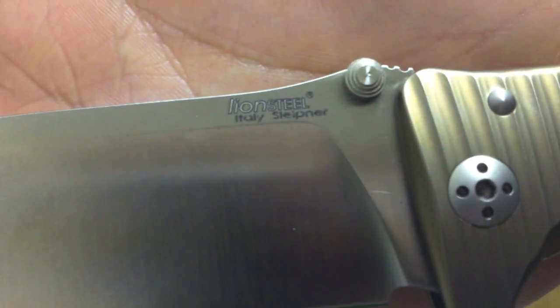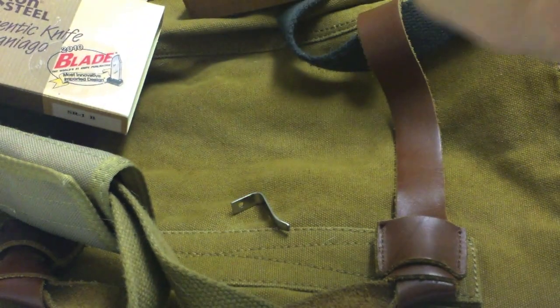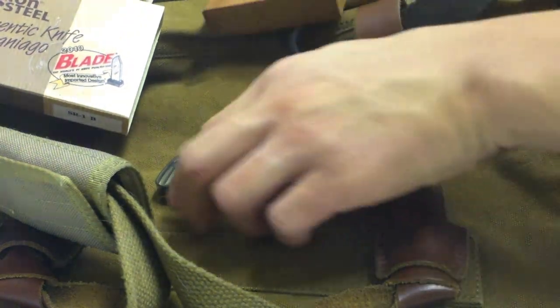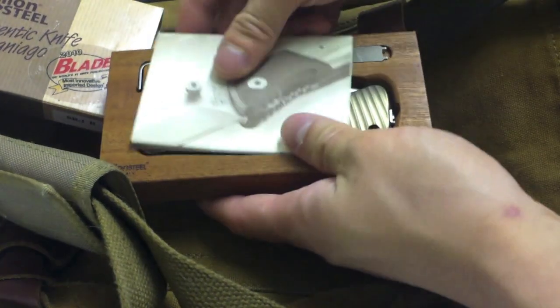You can see there's no labeling of the steel on the blade, so you have to research that. I find that a little funny, but easy if you speak Italian. Hopefully now with the more popularity that the knife has been gaining, it's more readily available. But like I said, I'm getting rid of the knife, so